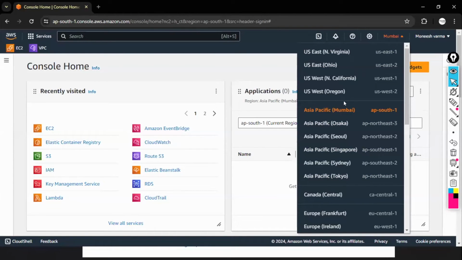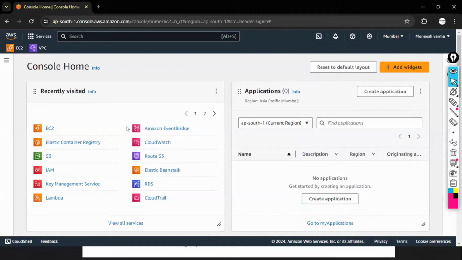Why? Because, let's say you launched 5 servers in Mumbai and you forgot. The next time when you log into your AWS account, you are in Tokyo. You will start practicing in Tokyo. You create servers again in Tokyo, you practice there. Next time when you log in, you might be in North Virginia. You forgot that you created in Mumbai, you created in Tokyo. Again, you will launch there.